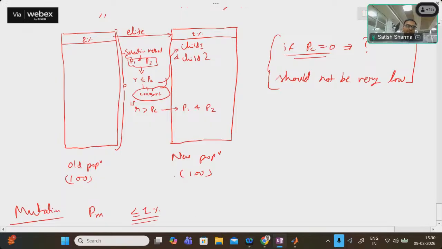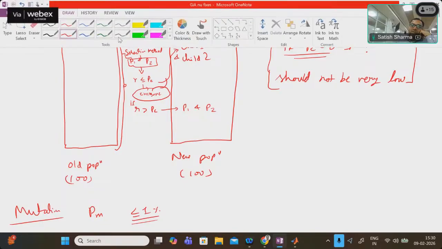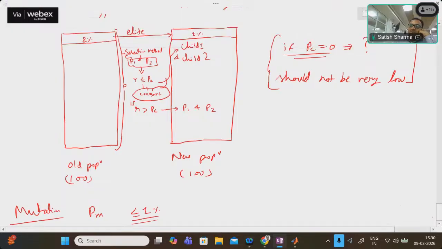There are again different ways of looking at the problem. Sometimes we call this probability 1%, so we will perform mutation on 1% of the entire population. Sometimes we perform mutation over the entire population. It's not up to 1%, but